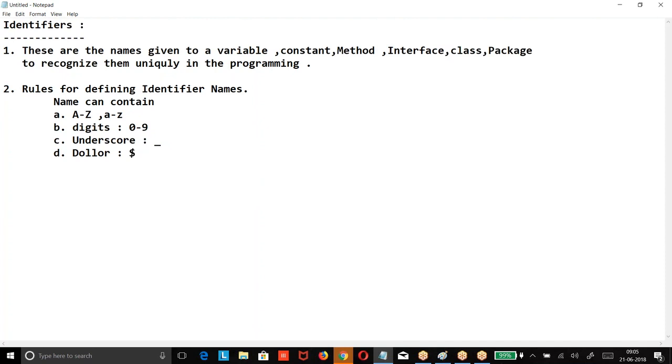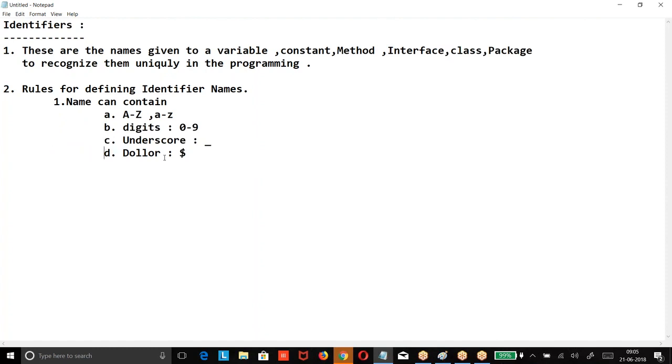Name can contain alphabets, digits, underscore. Name cannot start with a digit. Name should not contain special characters or spaces.